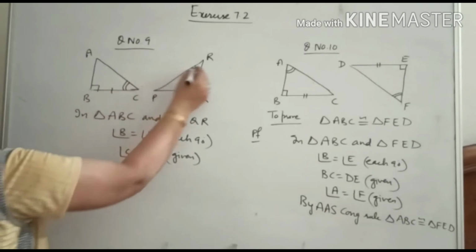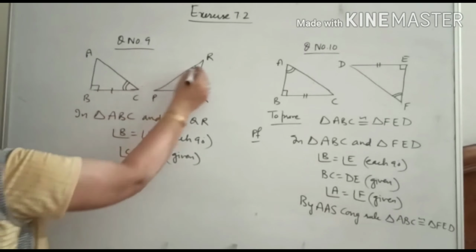So if BC and QR are equal, if BC is equal to QR, see these two things are given. I have written from the figure that in this triangle, angle B is equal to angle Q because both are of 90 degrees. Angle C is equal to angle R, given. Now he is asking what should be one more pair so that triangles are congruent. So we will write if BC is equal to QR,